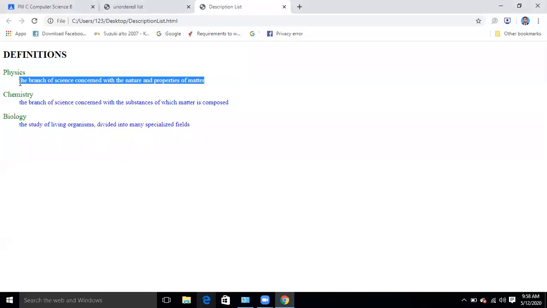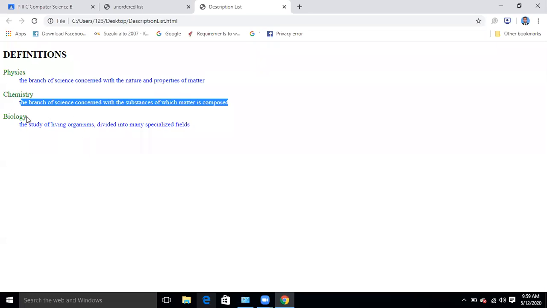Directly we have mentioned the detail by giving a tab. Tab means some space in the beginning. We are mentioning the definition. This is the heading, this is the detail.